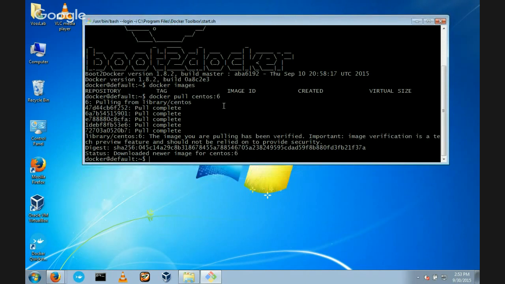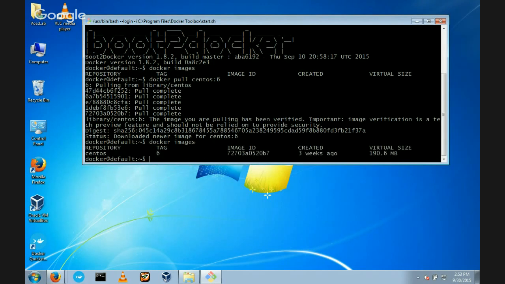Anyway. All right, so now I have a CentOS. So now if I do docker images, I now have a repository CentOS with tag 6. That's what the colon means. It gives me an image ID, tells me how long ago it was created, so it's 3 weeks old, and its size. Docker CentOS 6 is what I use on all the machines in the physics lab to have Appian. But really, we want to install